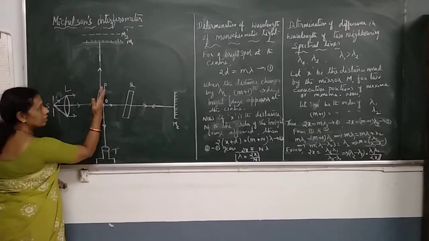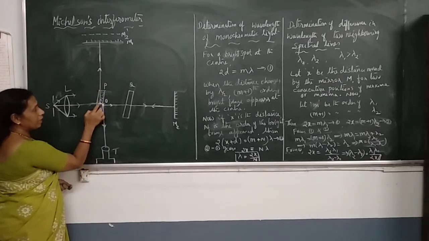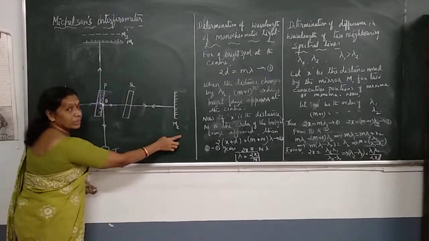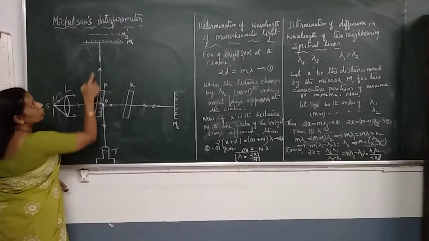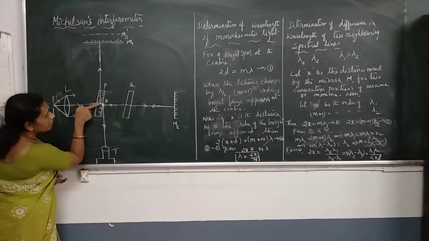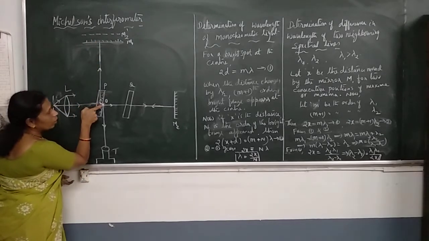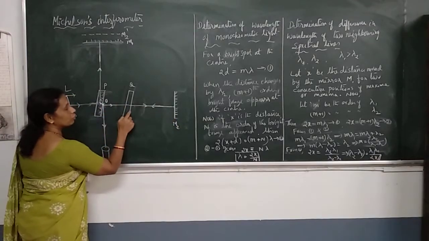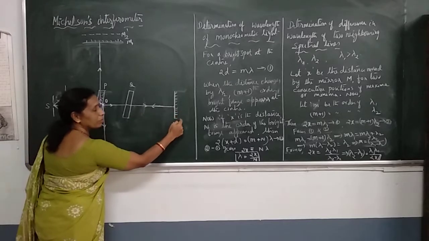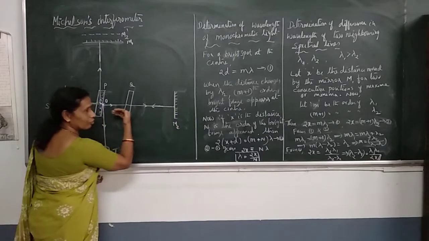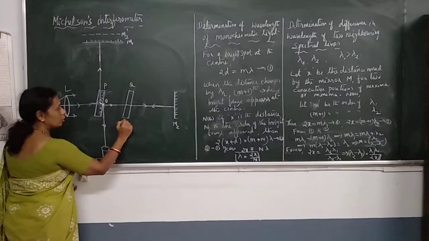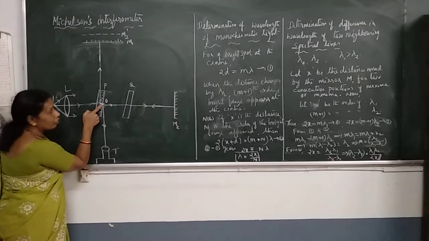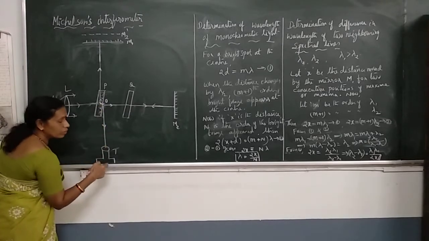It gets reflected from the silvered portion of the plate P. That reflected ray moves towards the mirror M1. M1 and M2 are the plane mirrors. The reflected ray moves towards the mirror M1, and the partly refracted ray moves towards the mirror M2. While passing towards mirror M2, it passes through the plate Q, then falls on the mirror M2. From M2, it gets reflected, comes back, passes through Q, then falls on the back surface of P. From there, it travels towards the telescope.